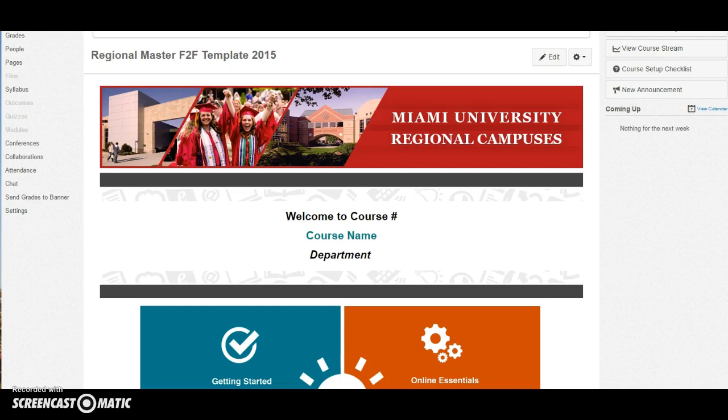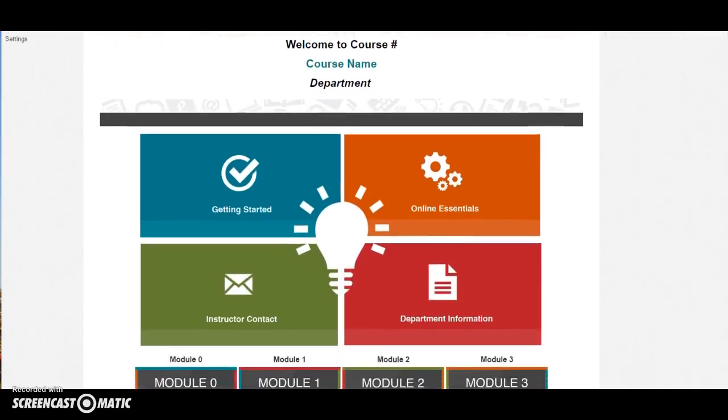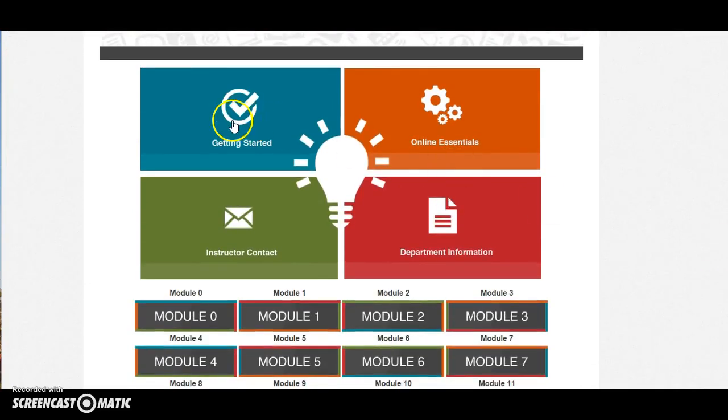I'm going to go ahead and give you a tour of the home page and show you how it's set up and how to edit the information now. You'll notice at the top we have a regional banner. There's an area that can be edited for your course number, name, and department. There's a quick links area that has a getting started, which takes you to the syllabus area of the course,